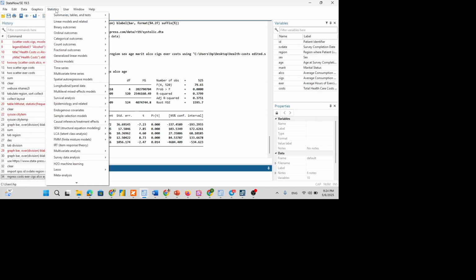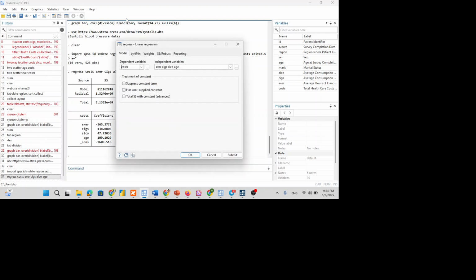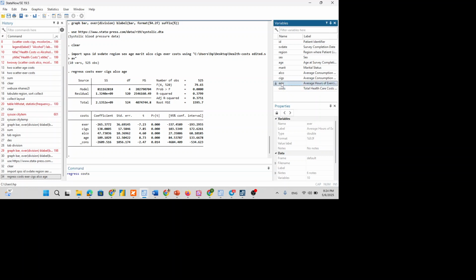The statistics menu, selecting linear regression model, then we select dependent and independent variables, then click OK. The other way is you can write here regress or reg. You can say regress like this. Then the dependent variable is cost, then exercise, cigarette, alcohol consumption, and age.